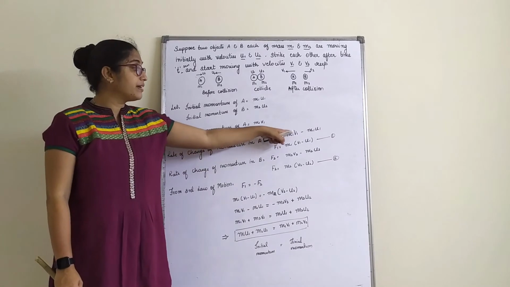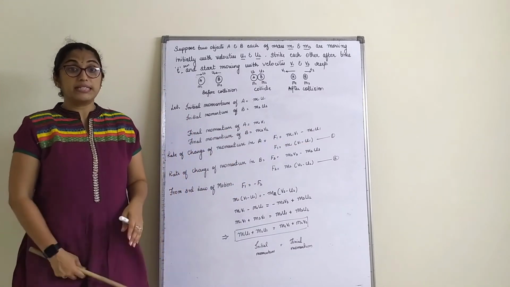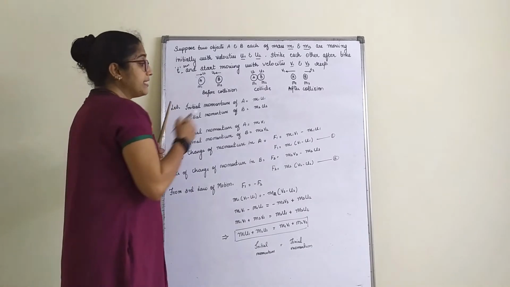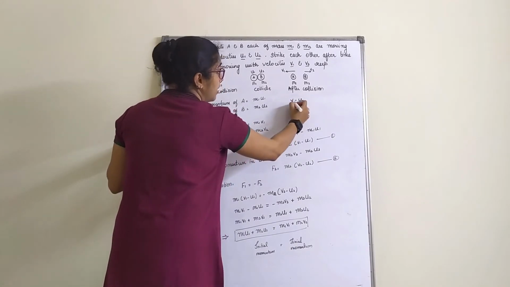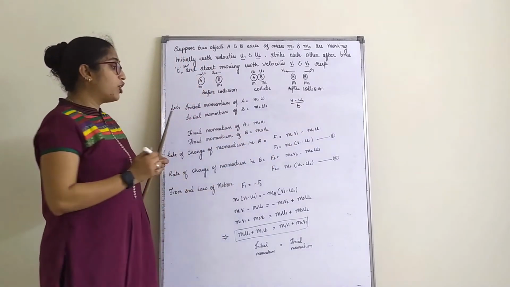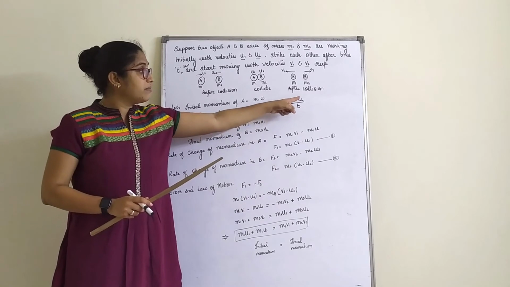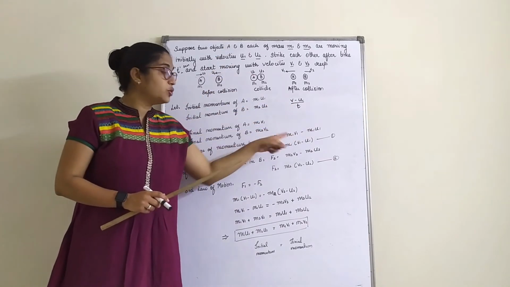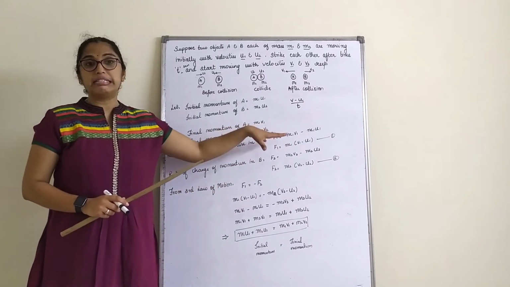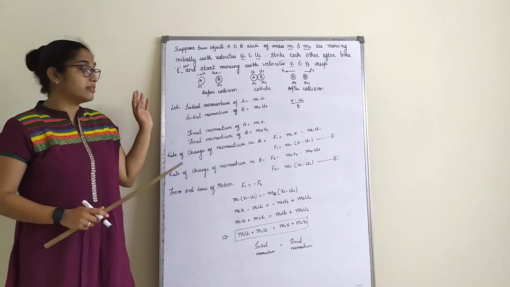Why did we write m1 v1 minus m1 u1 here? Rate of change of momentum is something called, what did we write here? We wrote v minus u upon t. Now I have not considered this t, I'll tell you why. We will see that later. So this is v minus u by t, right? Of object A it will be v1 minus u1 by t. I have not written t here because time remains constant. That is how t we have not considered at all.